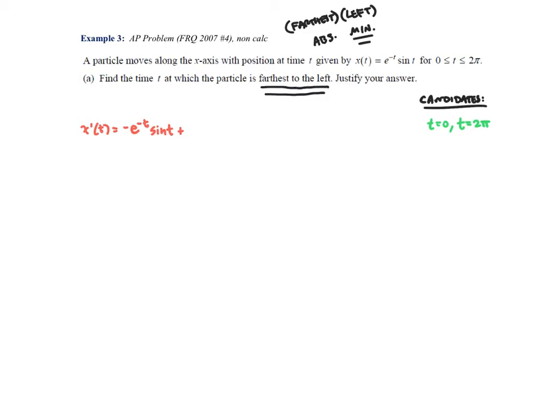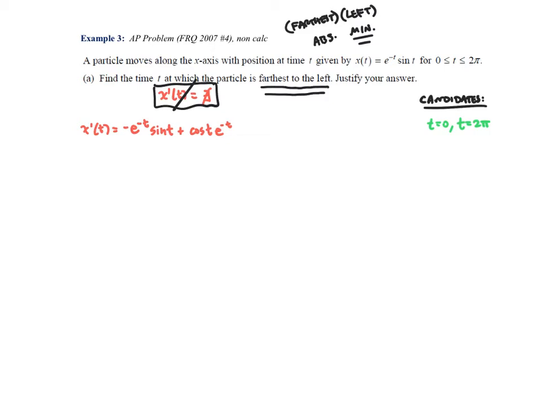Derivative of the second would be cosine of t, and we leave the first alone, e to the negative t. What I want to know is where that either equals 0 or does not exist. Now in this case, x prime at t will exist, okay? So we are not going to have to worry about this not existing. Very similar to a previous question. Since it will exist for all values, and you'll see why here in a minute,